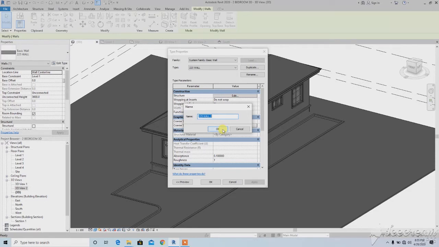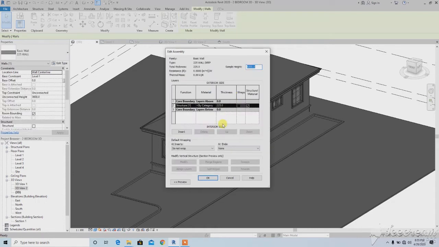So let's go ahead and continue with it. 225 deep, as I like deep colors to be in recesses and the light colors on the outer part of the building. So click on OK. Then you go to edit, where you change the thickness of the wall and also where you add material to it. So when you want to add material to it, all you need to do now is just to click on this by category,